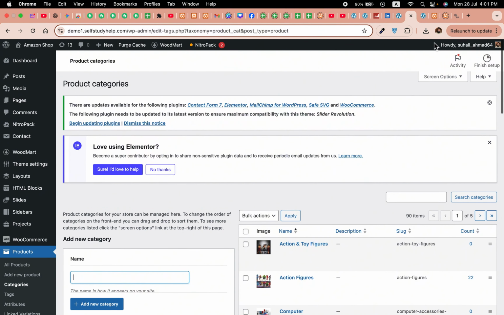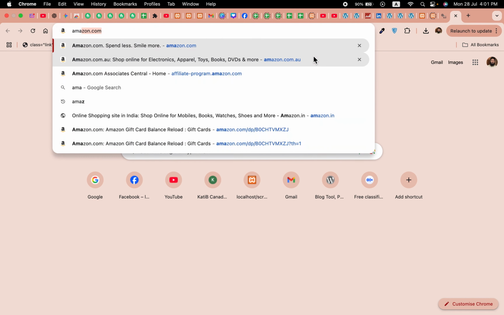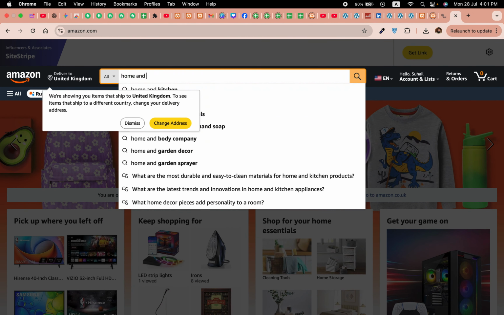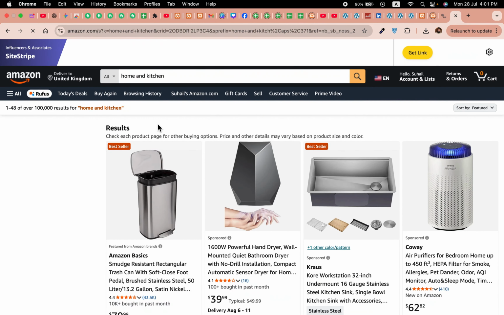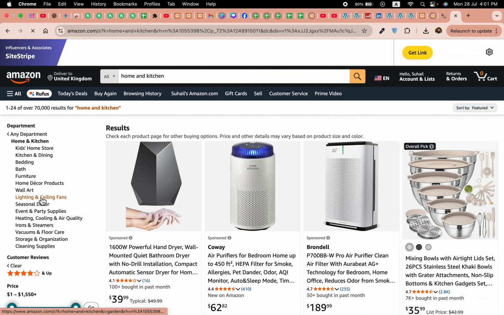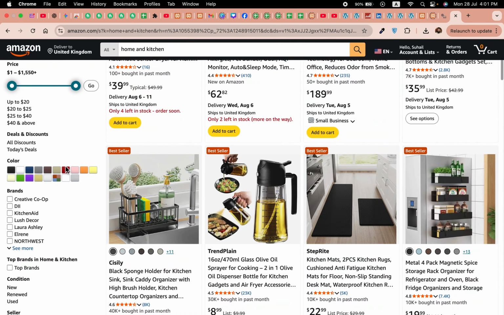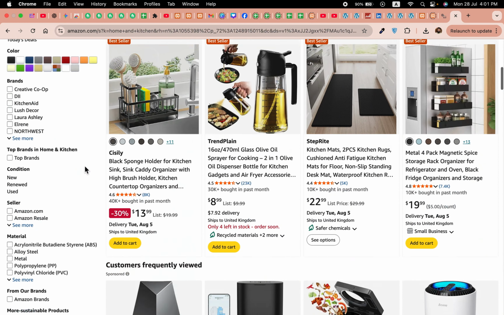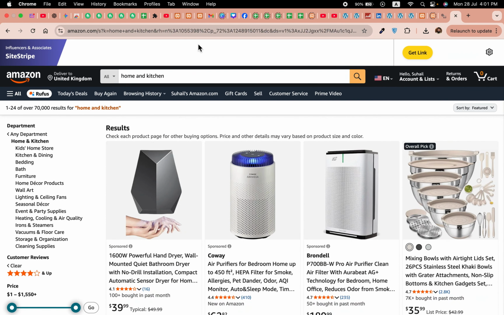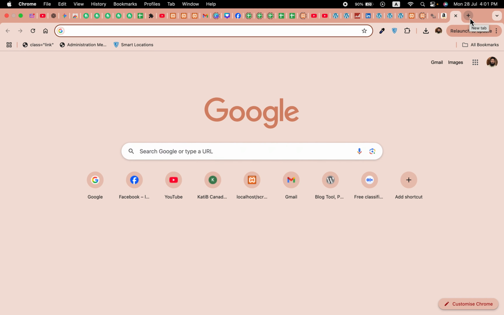So go to amazon.com and search for home and kitchen. Now let's refine the products 4 stars and up, and if you want to add a price filter, then you can choose your range here, choose a specific brand if you want. And once you have done, let's go to a website for scrapping called